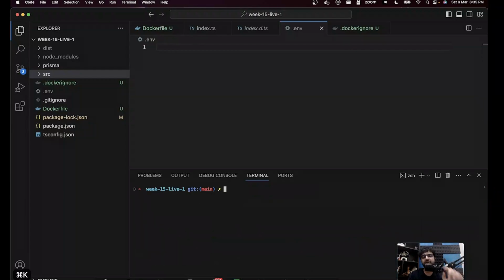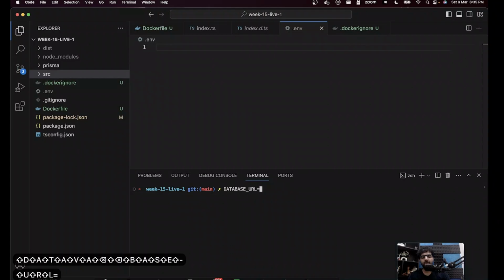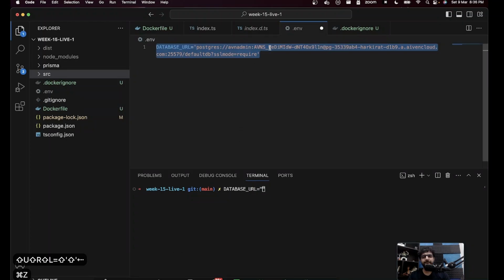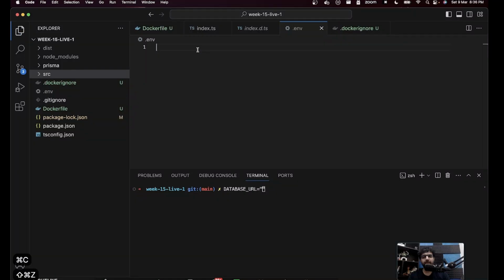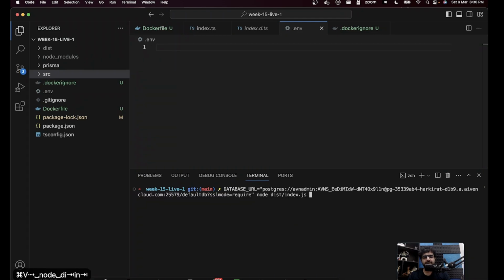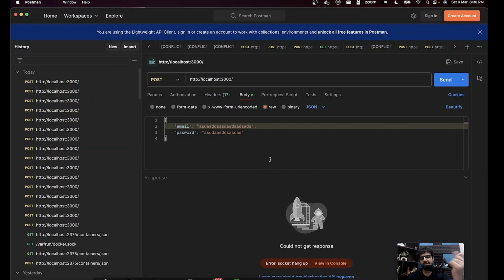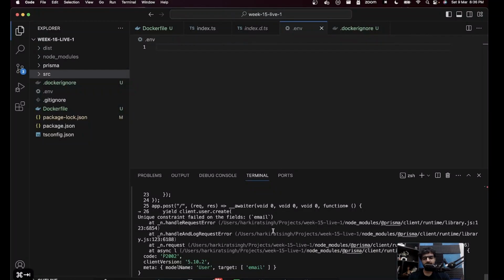But if I do this, DATABASE_URL equal to something, so I'm not putting it in .env, .env is still empty, this is a way to inject an environment variable inside a Node.js application. If I inject an environment variable while starting a Node.js application and send this command, you will see it works. Did not work.